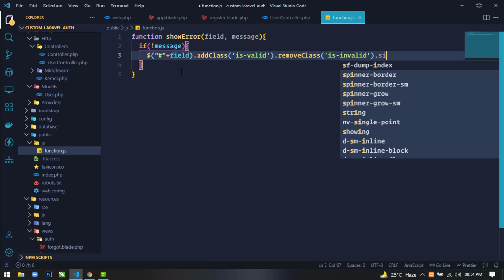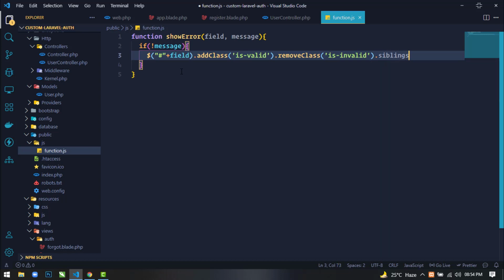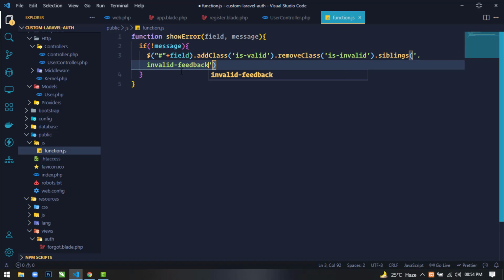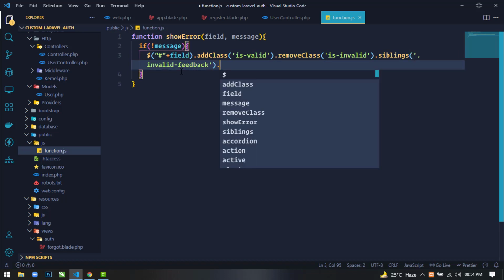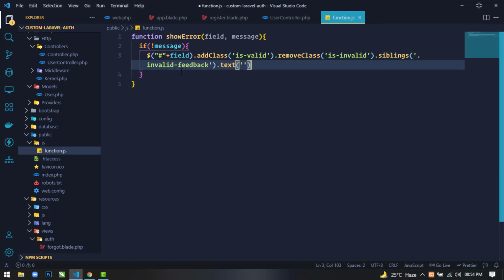So here I will use the siblings method, and here I will write invalid-feedback, and here I will use text empty.